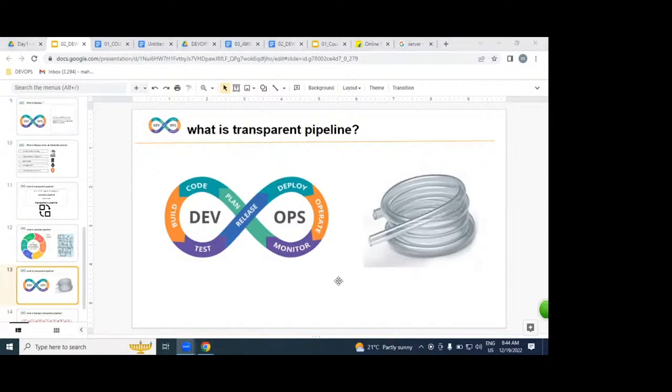If any issue or blockage occurs in the middle, you can see at one look in this transparent water pipeline where exactly the problem is, and resolve it as soon as possible. The same way in the DevOps process also. Because DevOps is an automated process, DevOps is a transparent process. In the middle, if you get any issue, any problem,